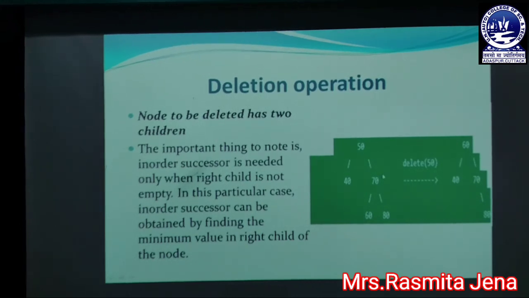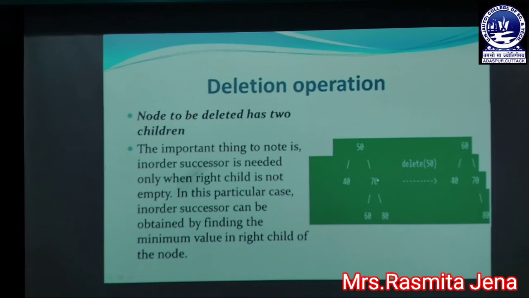In the same process, we can also delete the element 70, because 70 also contains two children, that is 60 and 80. If we want to delete 70, first we traverse the tree in in-order traversal, and we get the traversal result: 40 first, then after 40, 50, then 60, then 70, then 80.